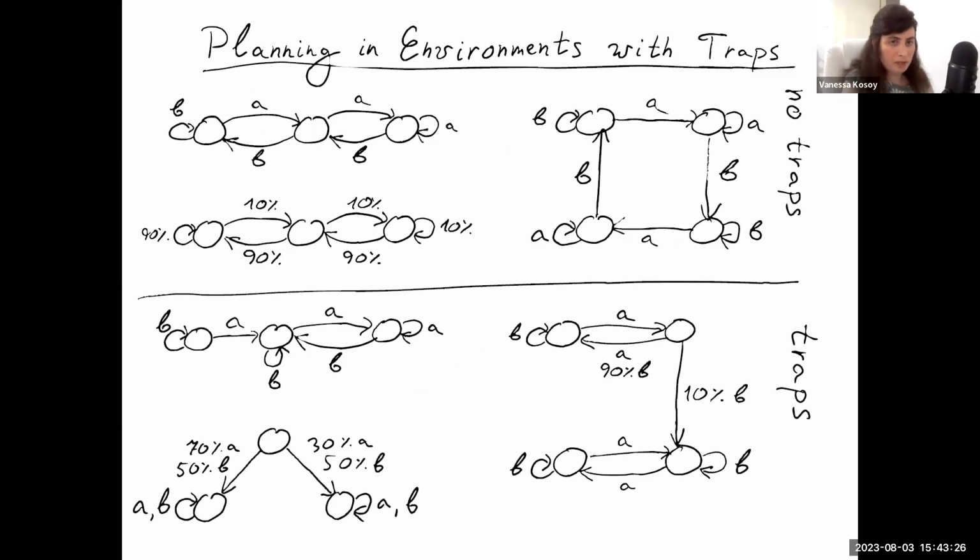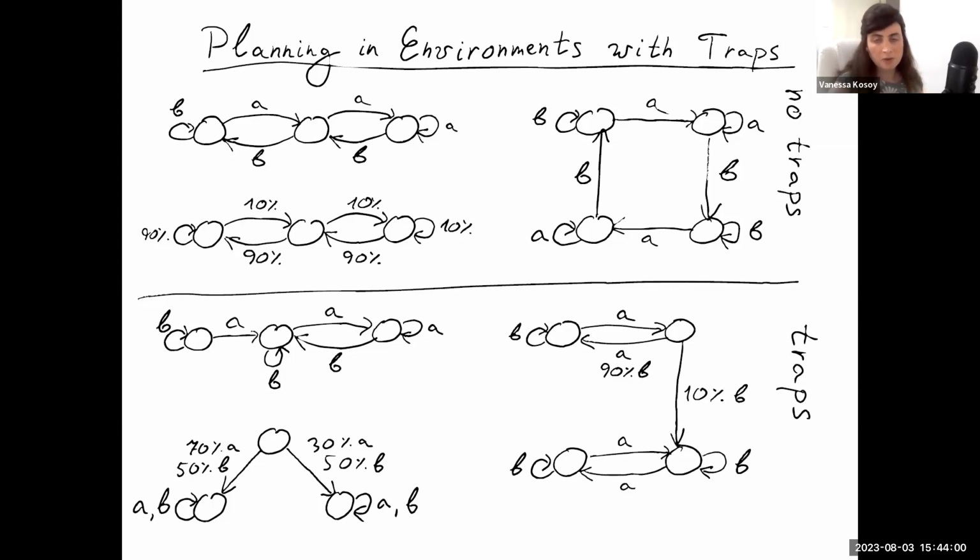So one of the motivations, not the only motivation, but one of the motivations for thinking about meta-reinforcement learning is planning in environments with traps. Traps are a notorious problem for classical approaches to reinforcement learning and agency more generally. What are traps? Traps are transitions, events that happen and cause an irreversible transition